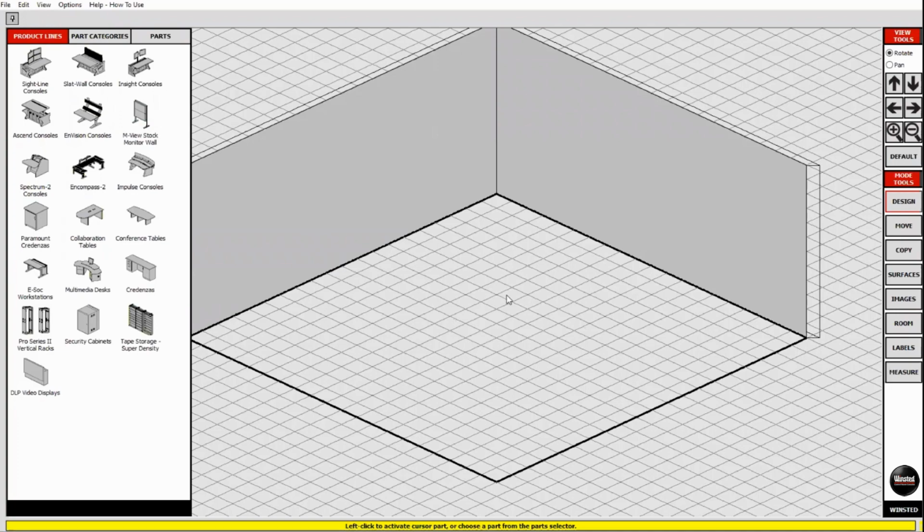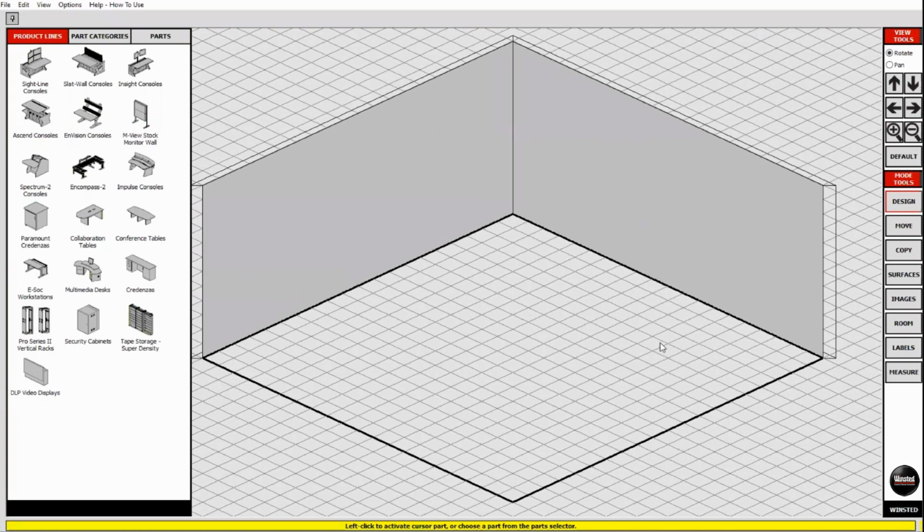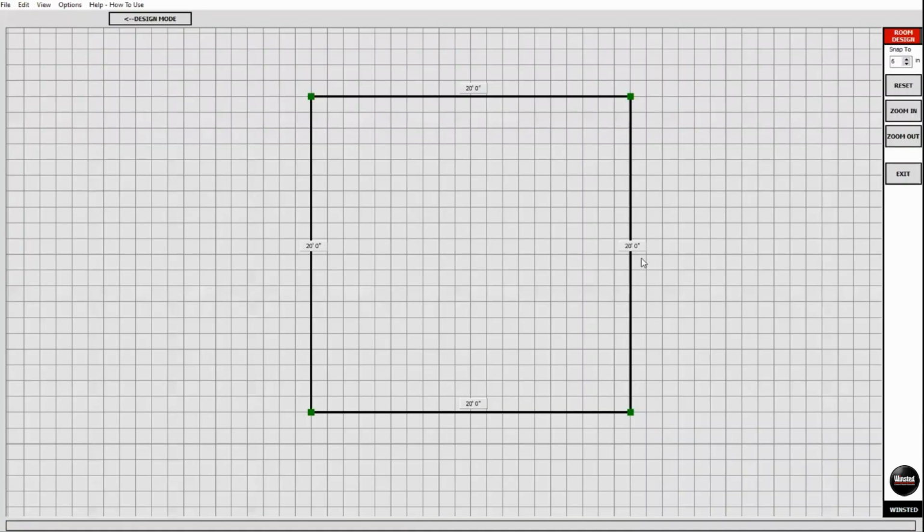The first thing I like to do when I go into the WELS program is set the room dimensions. If you have any specs or drawings or anything for the project, that's where you would get the room dimensions. You can also use a CAD file. So if you go into the right toolbar here and you click on a room, this brings you the top